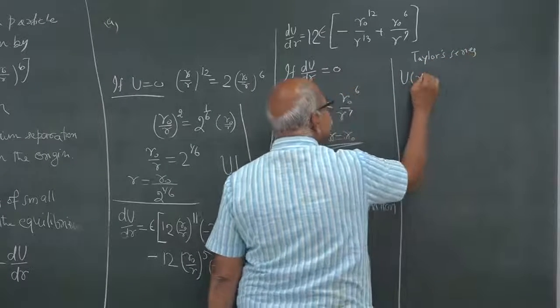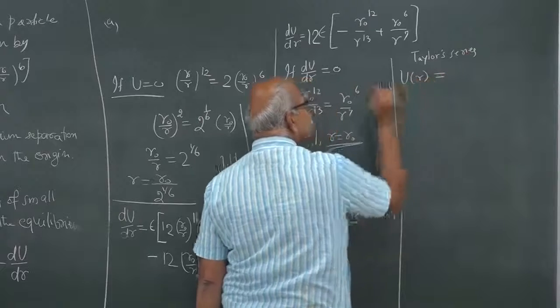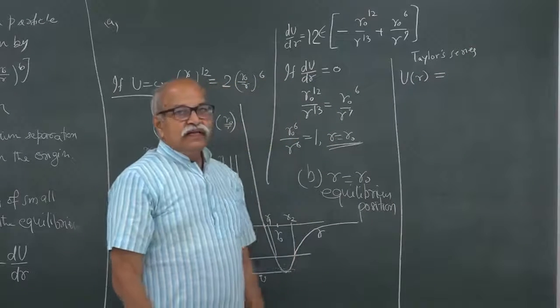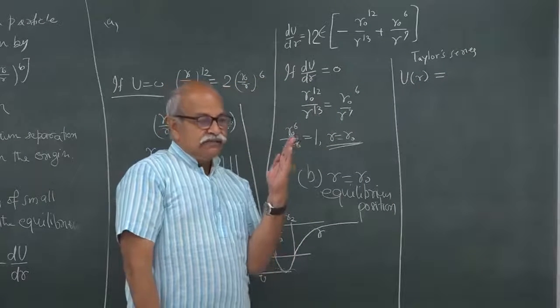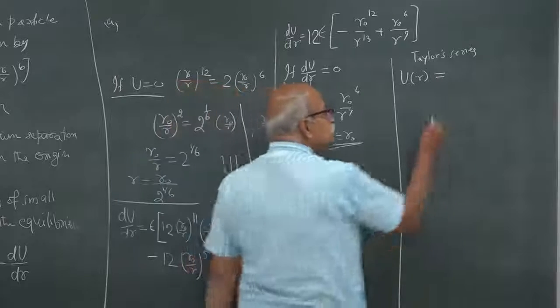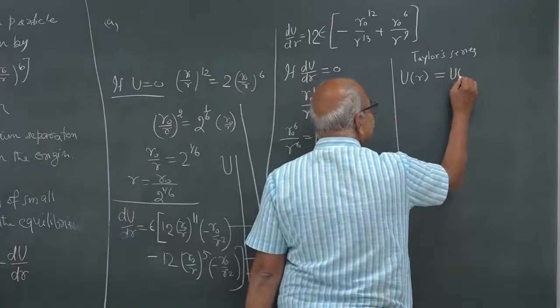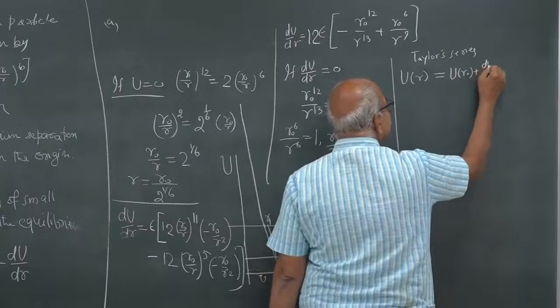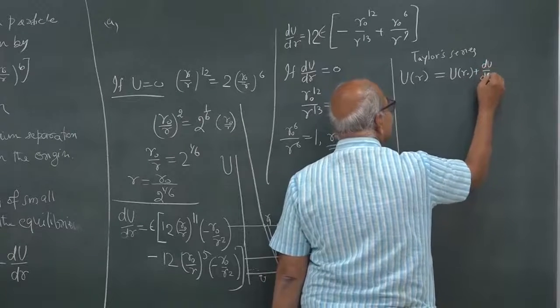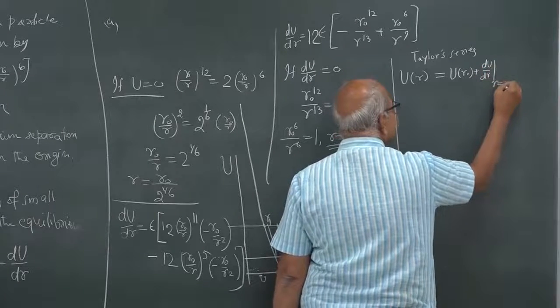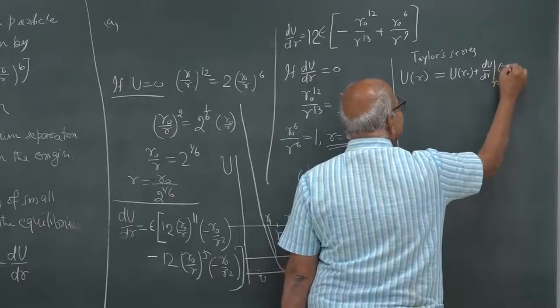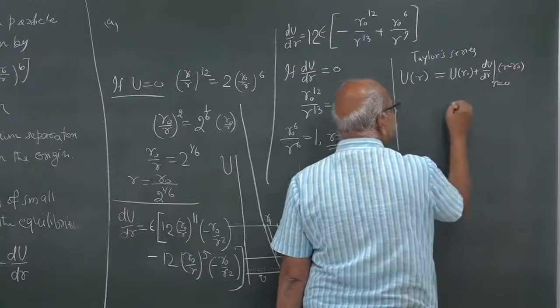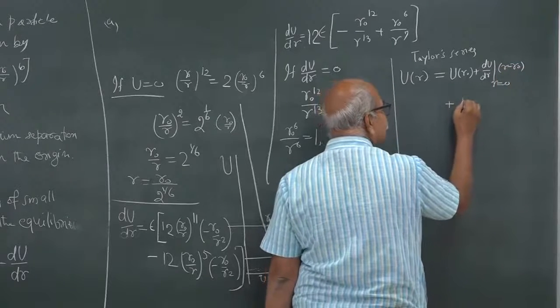It says that if you have to get u as a function of r and you have a point r naught which is very close to it, you can write it as u at r naught plus du dr at r equal to r naught and then multiplied by r minus r naught plus then half of